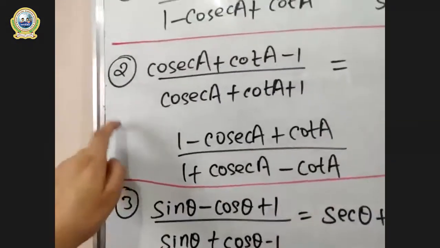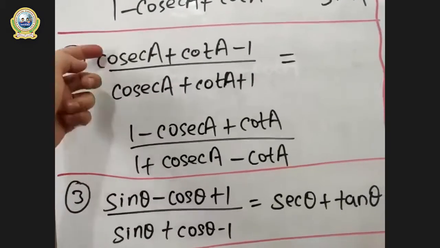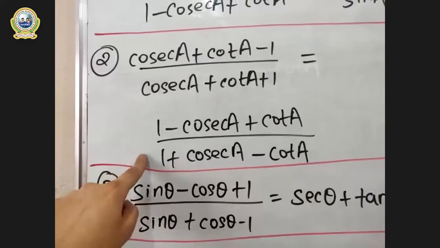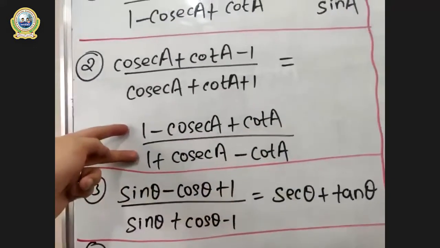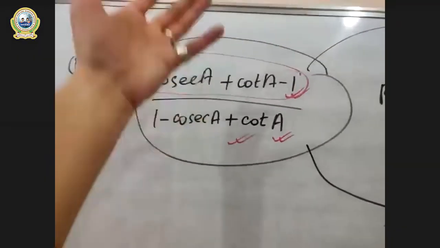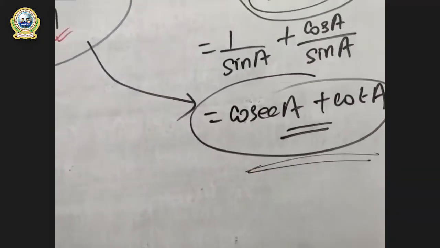Right? But look at here, look at this question number 2. In LHS, both numerator and denominator are present, and the same condition in case of RHS as well. Look at the right hand side, even this looks very dangerous, right? Both are in very complex form. But in this one, LHS is in dangerous form, but look at here, RHS is very simple. So this is our second rule.